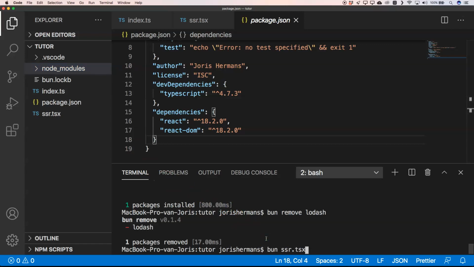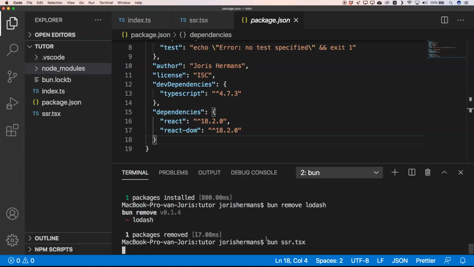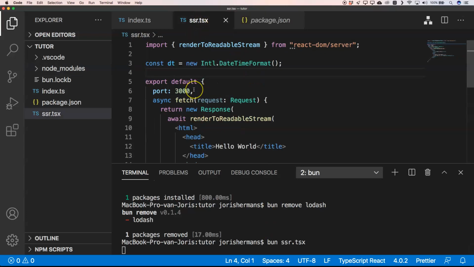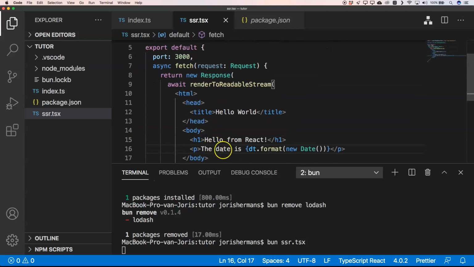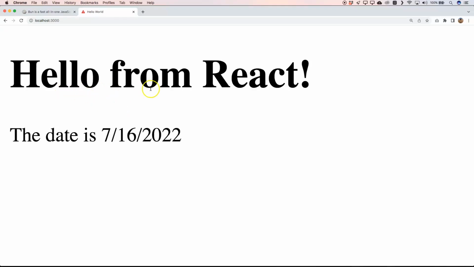Now we can do bun ssr.tsx, right? And you will see that it executes that. And if we go now towards localhost 3000, you will see that we get hello world, and then here hello from React, the date is, and then our date, right? So when we go to the browser, we get hello from React, the date is, and then our date that we executed in our